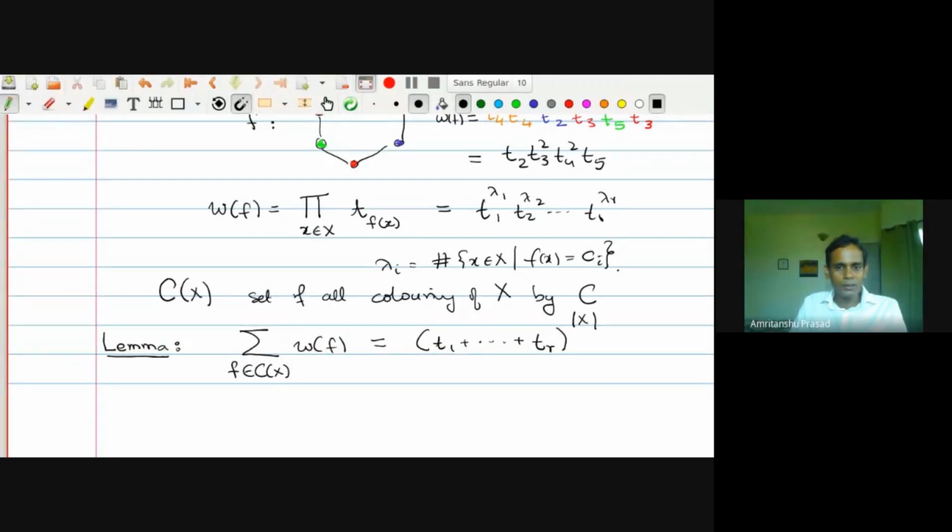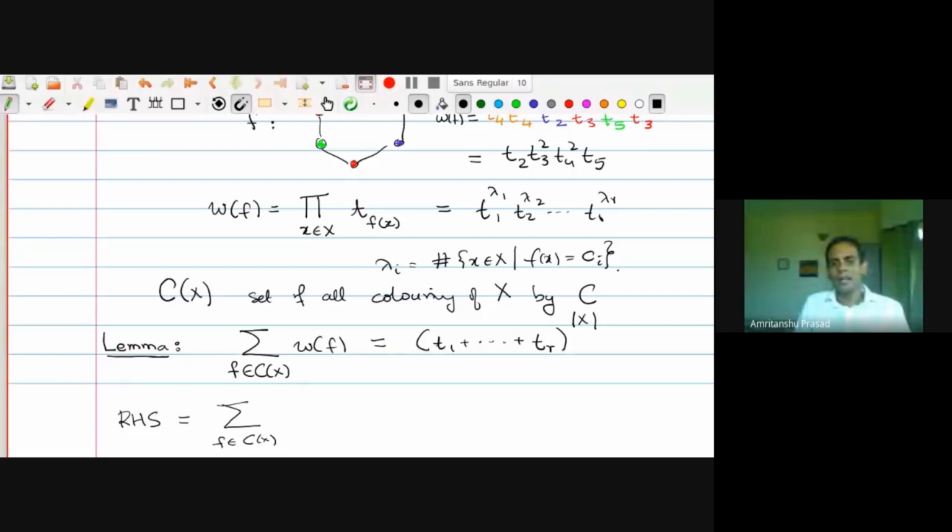Okay, so what is the right hand side? Let me write down the thing first. So you have for each element of x a factor of the form t1 plus t2 plus dot dot dot tr. And we are trying to expand this product. When you expand a product, distributivity tells you that you must choose one element from each factor, and then you must add up the result of all the possible choices from the first factor, all the possible choices from the second factor, and so on.